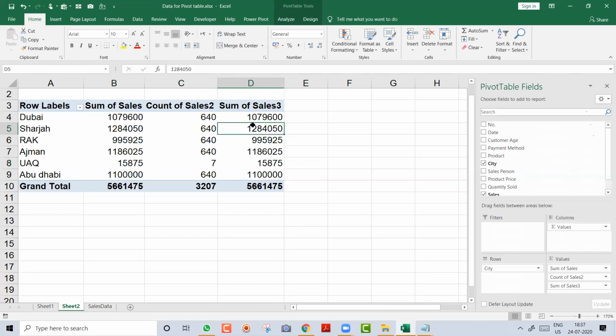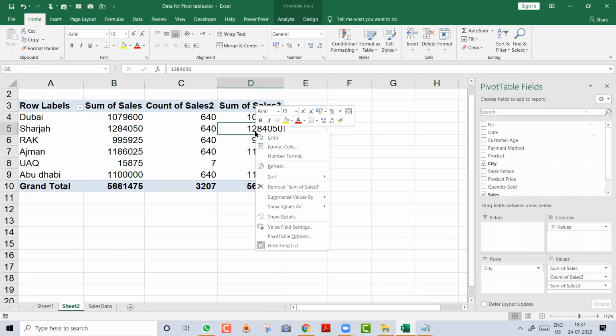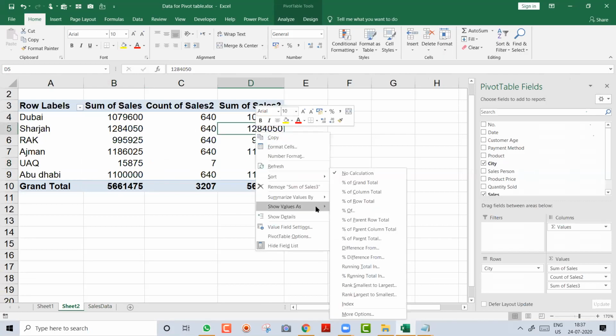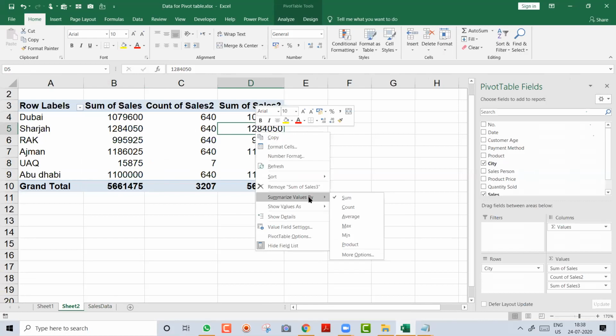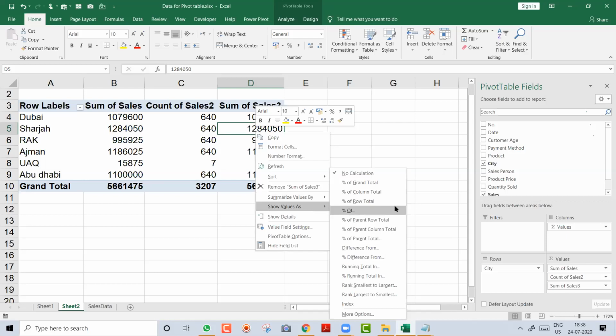Here I want the percentage. From this total sales, Kuwain is this much sale, but how much percentage is this? So you will right click on it and say show. First, for count we went here, summarize value by. And for percentage you will go here, show value as. In this you go to the first option, percent of grand total.